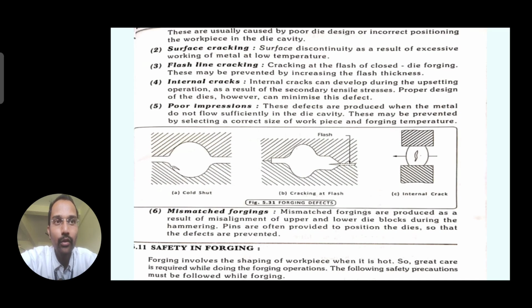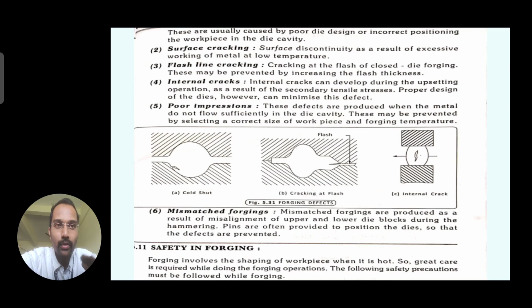Surface discontinuity results if the metal is not uniformly formed on the two surfaces and we go on striking excessively. If it is heated to the proper temperature, we can apply the hammering action, and then it can be easily distributed over that.